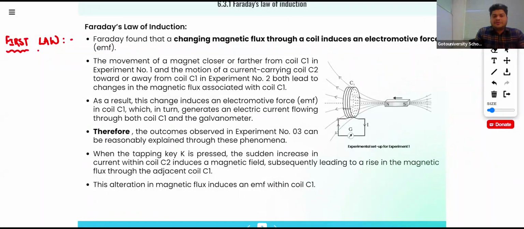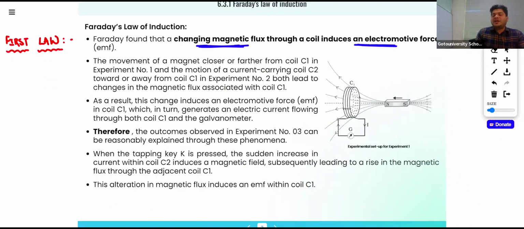Repeat with me. Flux change, EMF induced. Flux change, EMF induced. The first law is whenever there is change in magnetic flux,